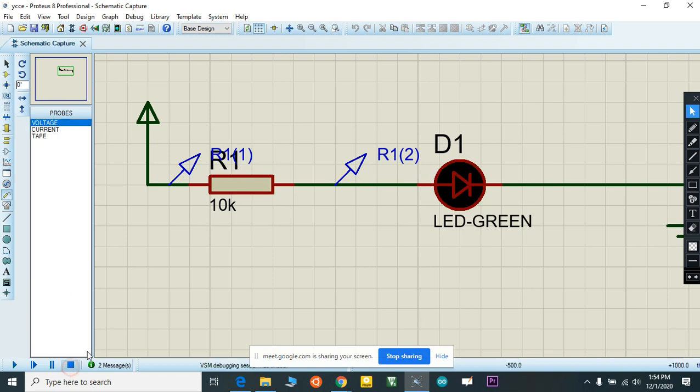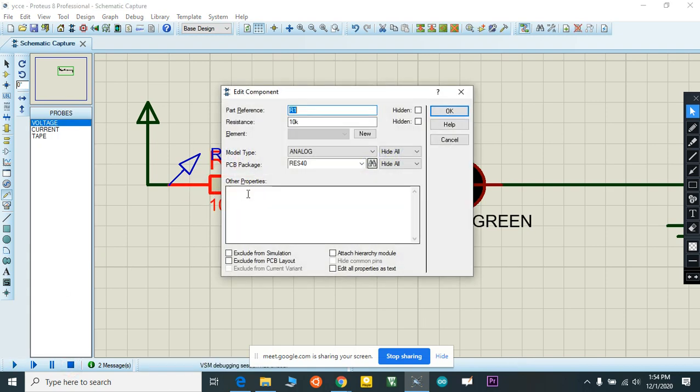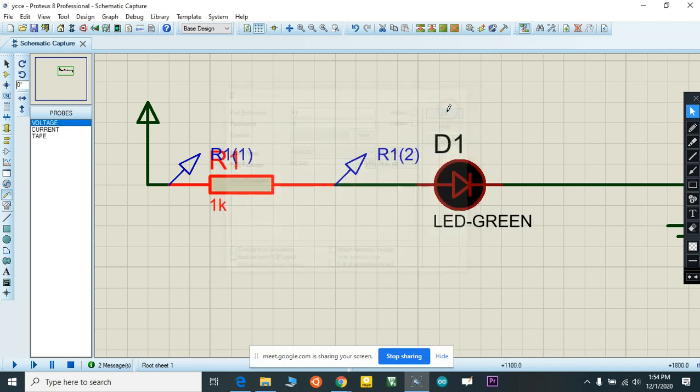I just reduce my resistance now, 1k. And okay, you can see my LED start glowing now.